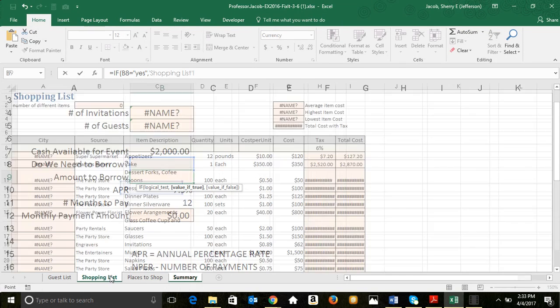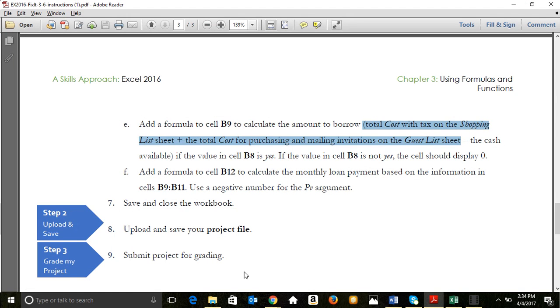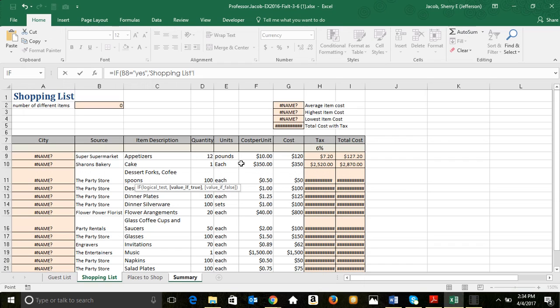So go to the shopping list sheet while we're in edit mode or point mode now, because we're going to point to a cell or a reference of cells in our formula. So it says total cost with tax on the shopping list sheet. So total cost with tax